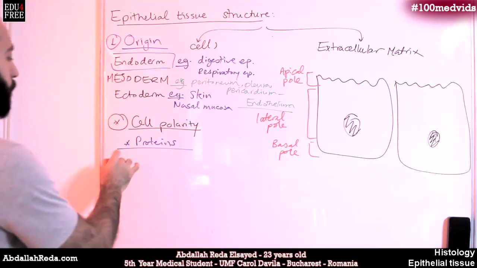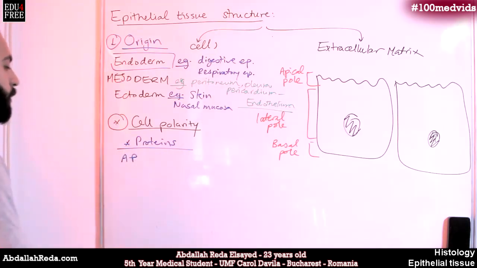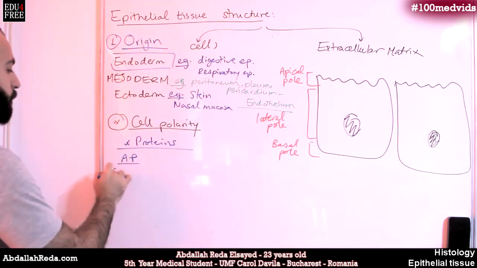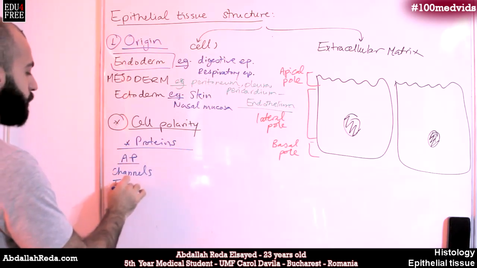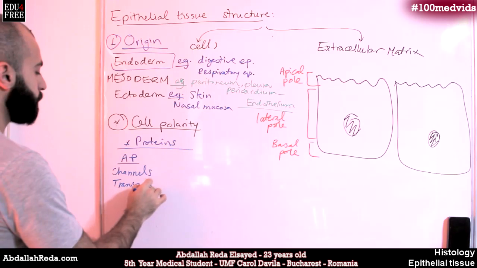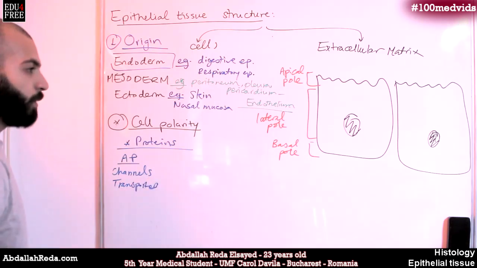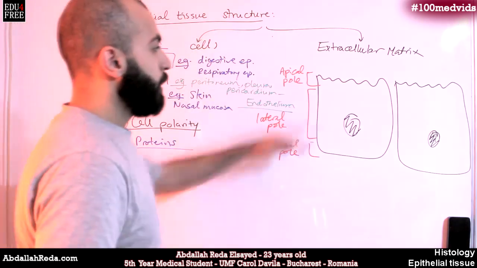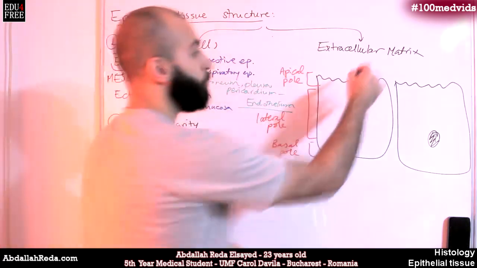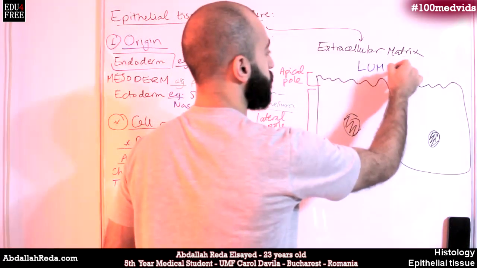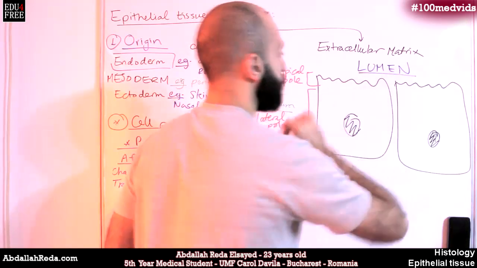In the apical pole, we would have channels, transporters, alright? The apical pole is the pole that's facing the lumen of whichever organ the epithelial tissue is covering from